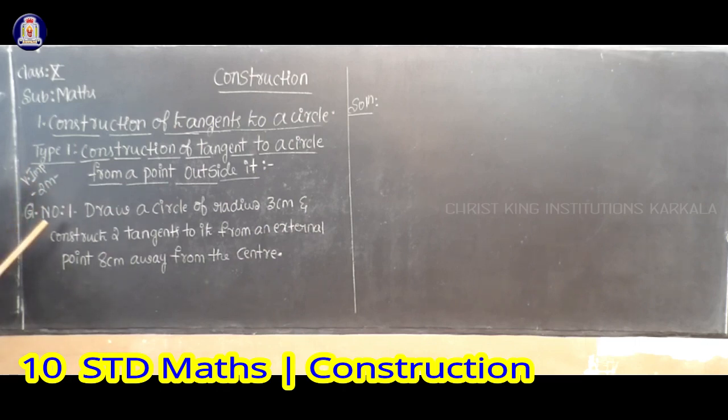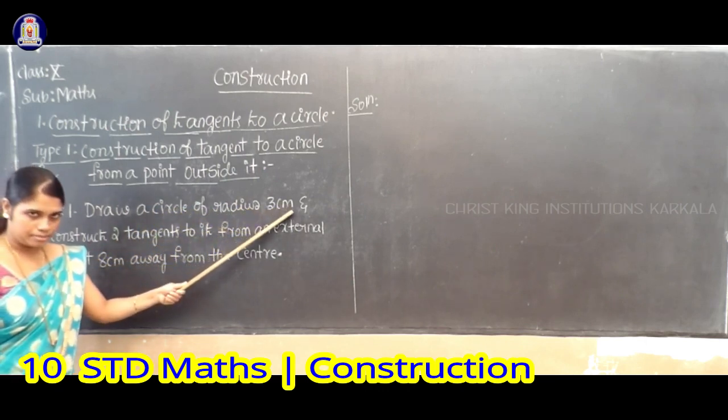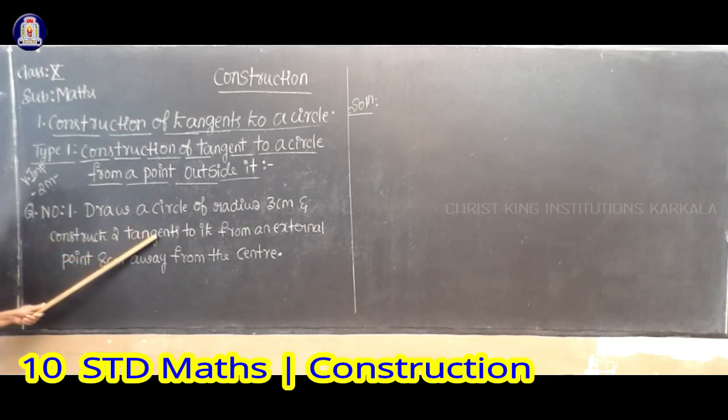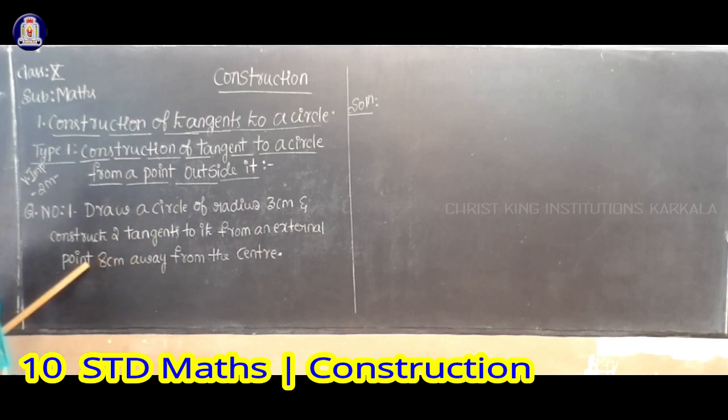Question number 1: Draw a circle of radius 3 centimeter and construct two tangents to it from an external point 8 centimeter away